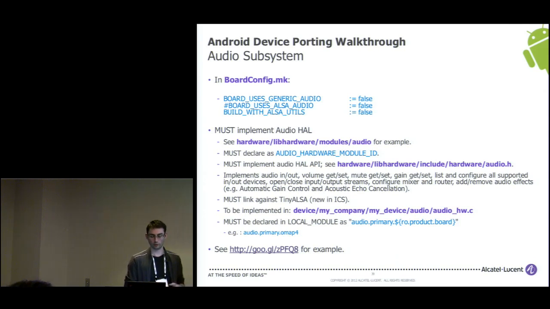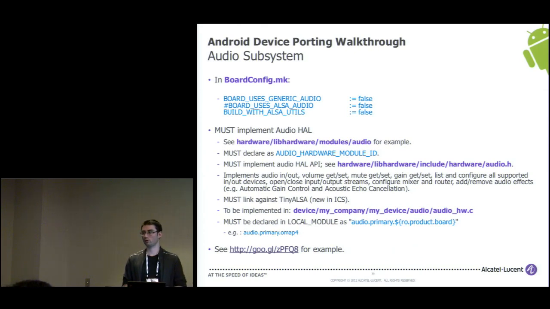And again, I won't go further on that, but this is the audio HAL that is really responsible for getting and setting the volumes, the mute, the gain, configuring and routing the different interfaces that you may have on your sound card, this kind of thing. One new thing in ICS is that they are no longer using the regular ALSA library. They are using Tiny ALSA, which is pretty much the same, except it's a bit more lightweight, and it's not the same license, which is more Google-friendly, meaning it's not GPL anymore.